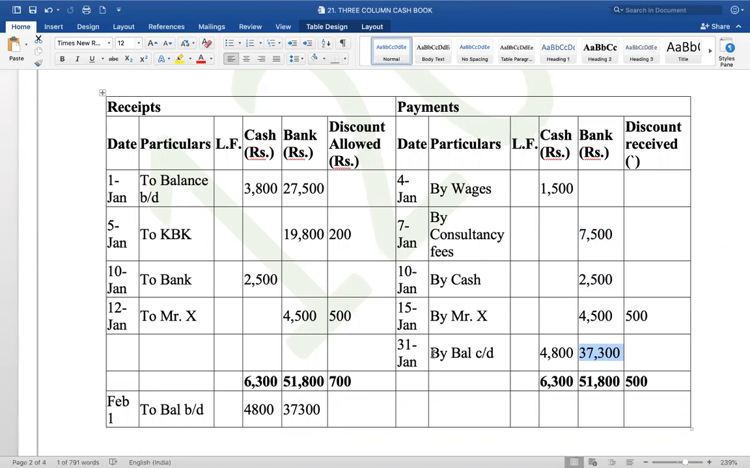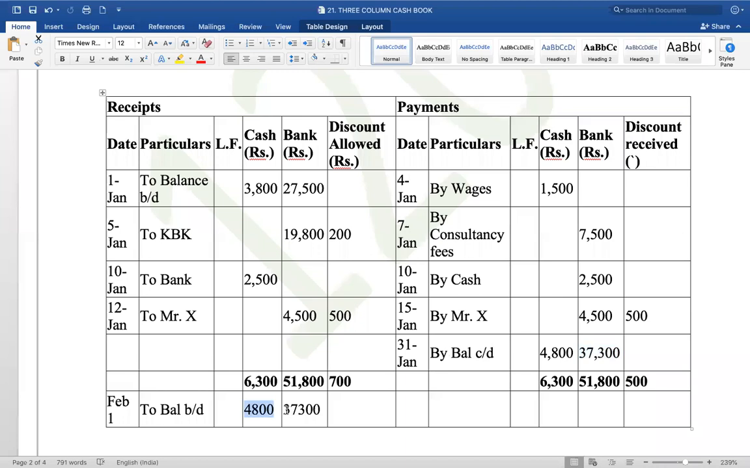Against this difference, you have already written by balance carried down, closing on the last working day, the last day of the accounting period, 31st January. 31st January, by balance carried down 37,300. This is for bank. For cash, 4,800. What was closing in the last accounting period will become opening to the next accounting period. What do you write when it is opening? To balance brought down